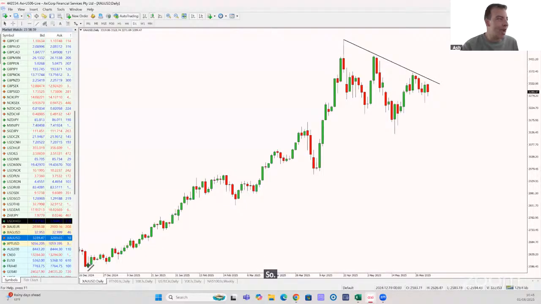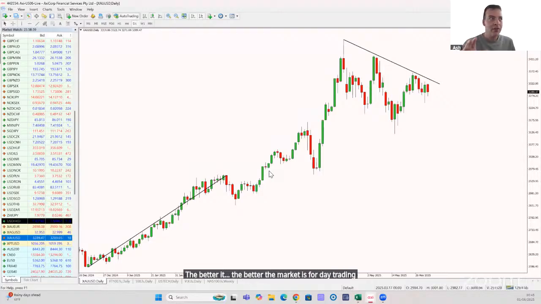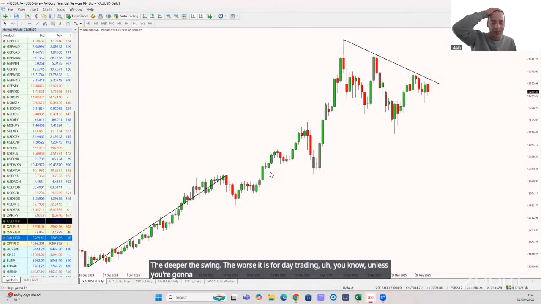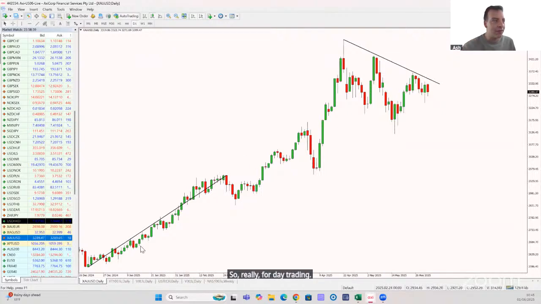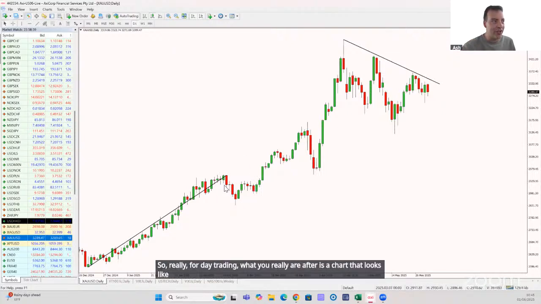So all the swings are so shallow. The shallower the swing, the better the market is for day trading. The deeper the swing, the worse it is for day trading, unless you're going to trade the back to the mean, range trading, but that's really tough. So for day trading, what you really are after is a chart that looks like this. And the reason for that is that because the swings are so shallow, if we look at this period here,